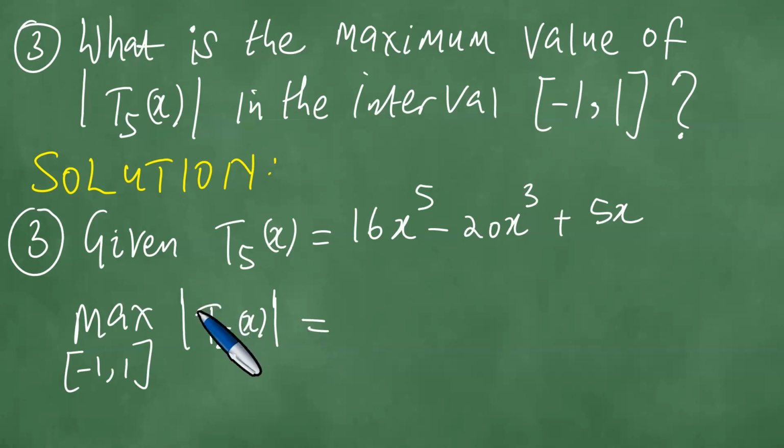So either way, for example, if you put the number 1 here, this becomes 16 minus 20, which is minus 4, plus 5. It gives us 1. What about if you put minus 1? It becomes minus 16 plus 20, which is a 4, plus 5, which is a 9. So either way, an analysis of this function demonstrates that the maximum